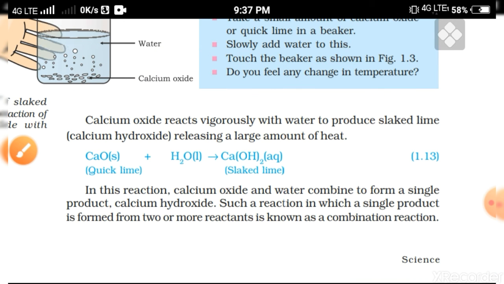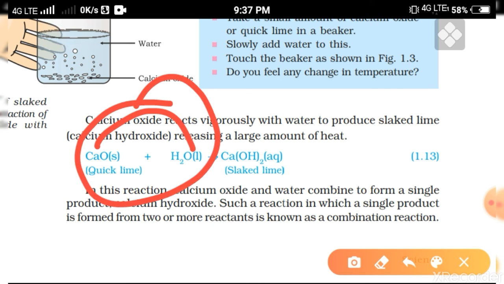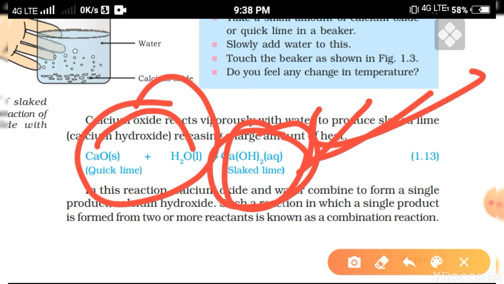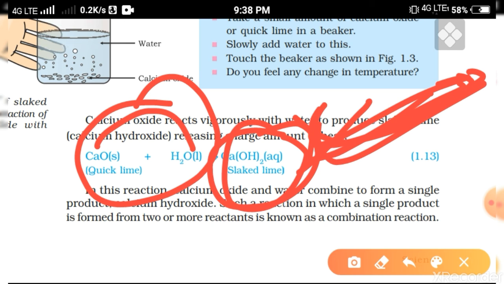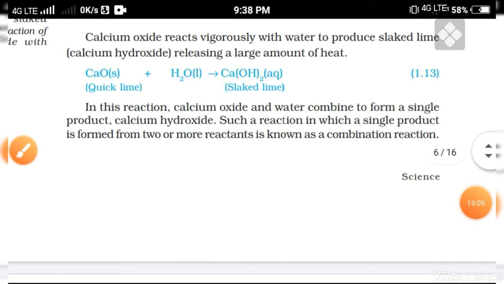Two molecules combine their bond. After taking part in a chemical reaction, combining with each other, a single product is formed. This is known as an addition or combination reaction. No problem, because only a single product is formed. A reaction which gives only a single product after a chemical reaction is known as a combination or addition reaction. I hope you all understand.